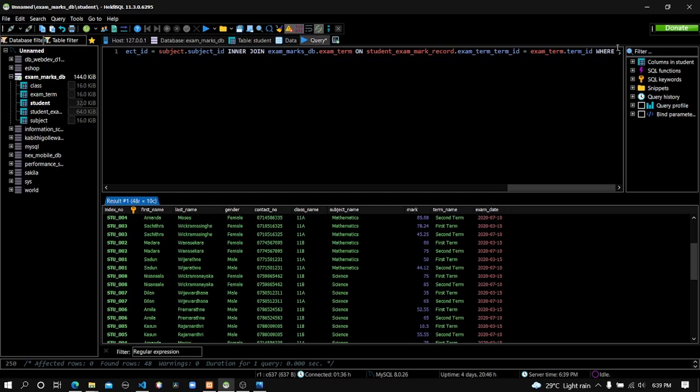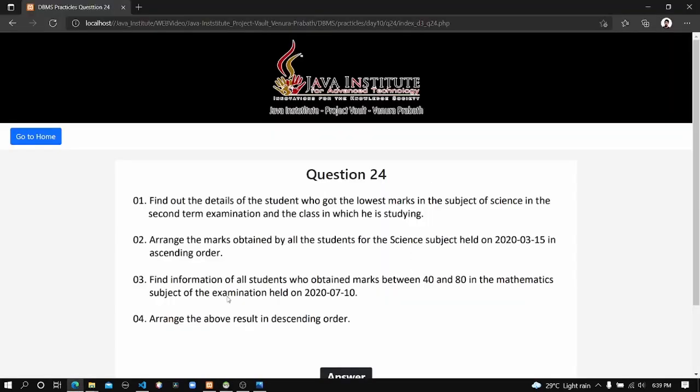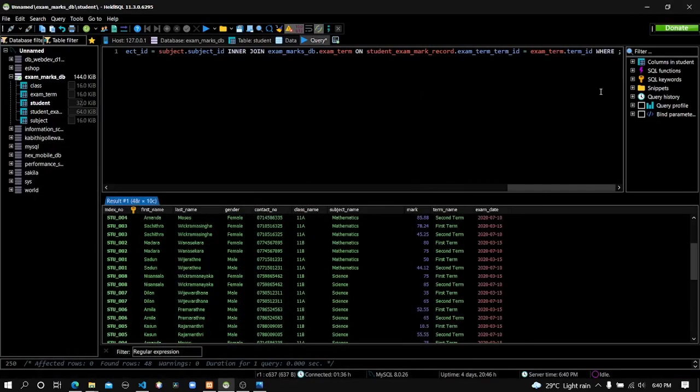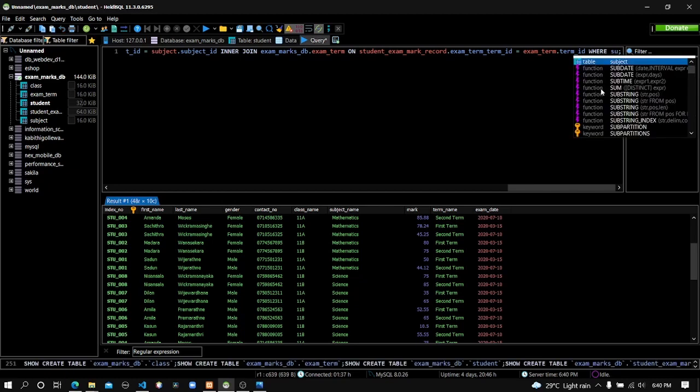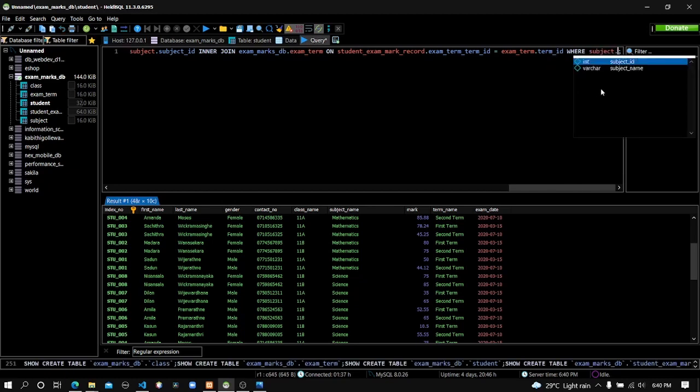Okay, here's the first condition. I only need the details. Let's filter the subject first. The records of the mathematics subject. So here I'm mentioning the mathematics subject. In the subject table, the subject name